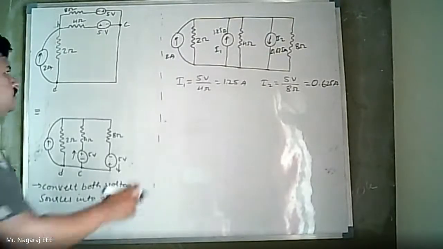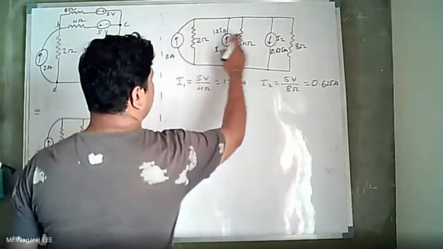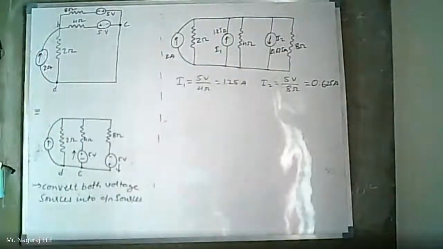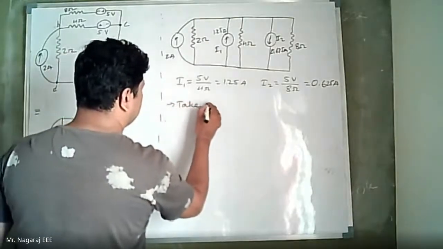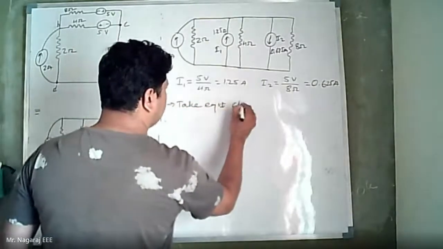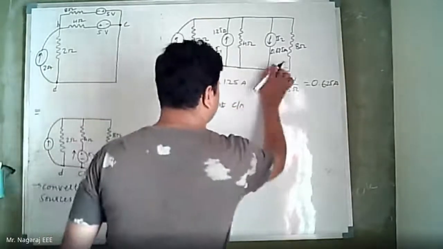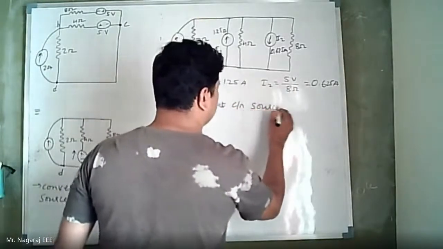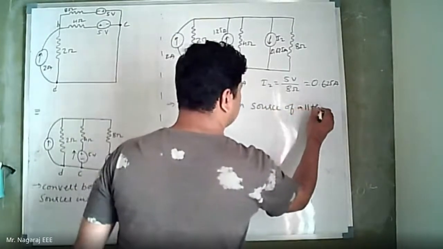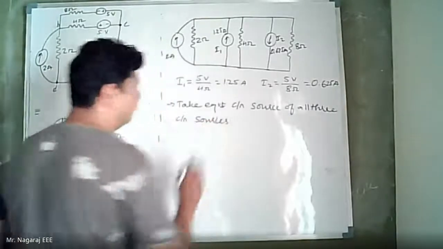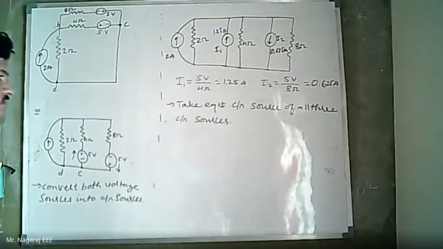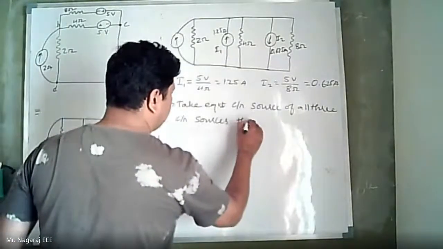Take the equivalent current source of all three current sources. The resultant is